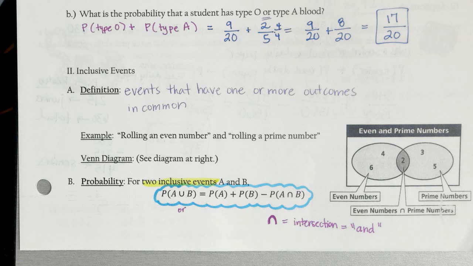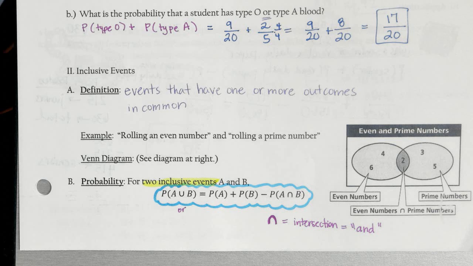Okay, and then I put a little diagram on there for you so you could see the overlap numbers. On a number cube, the even numbers are 2, 4, and 6. The prime numbers are 2, 3, and 5. And the one that is both even and prime is 2. So in order to find the probability,